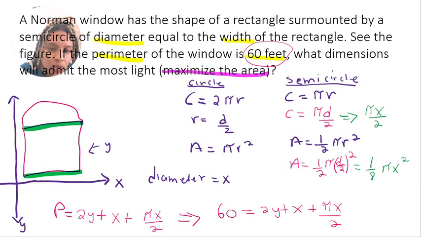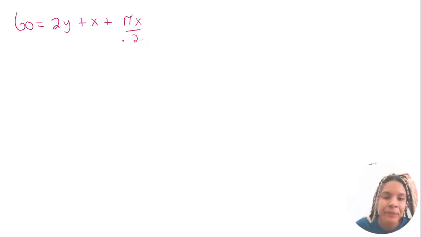Now I'm going to rewrite it on another page right here. So I have, let me see, make sure I have the one that I have not solved. Make sure I write it correctly. 60 equals 2y plus x plus pi x over 2. Why am I whispering? I don't know. Okay, so